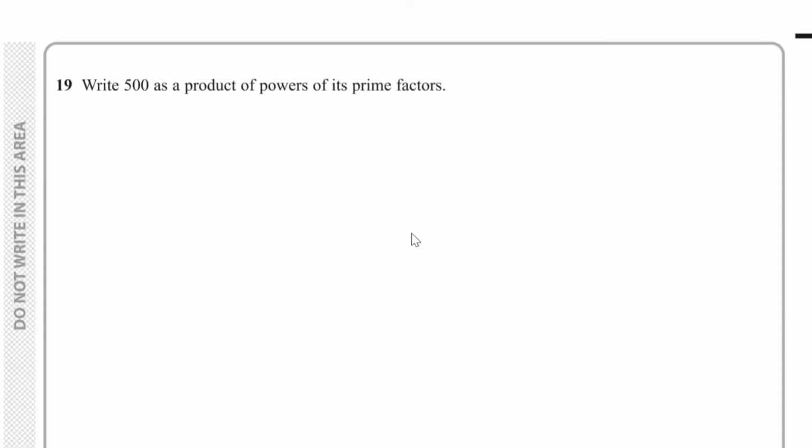Question number 19, we have to write 500 as a product of powers of its prime factors. Well, if we start off with 500, two numbers which multiply to give 500, well, we've got 250 and 2. 2 is a prime number, 250 isn't, so this 250 we can further split up as 2 times by 125. 2 is a prime number, 125 isn't, so this 125 we can split up as